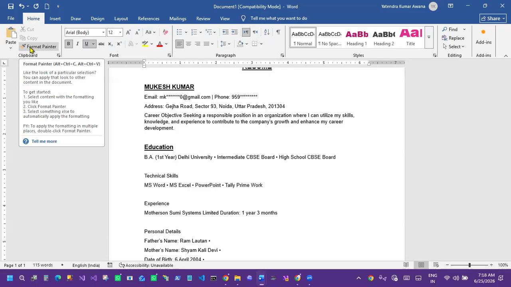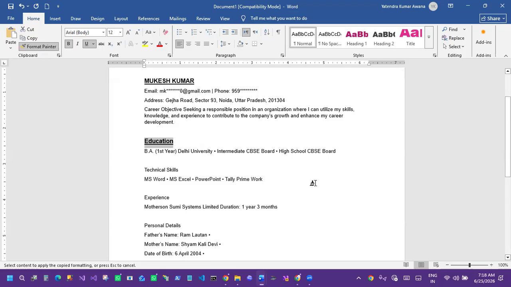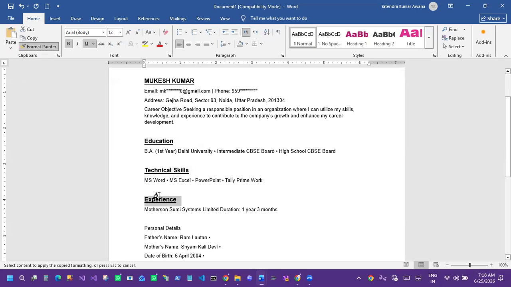That means if I select this one and click on Format Painter, then Format Painter gives me a brush. You can see the brush on your mouse arrow. And I need to paste that brush anywhere I want the same style. Like that.